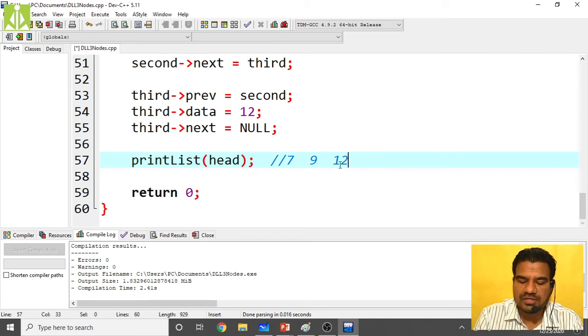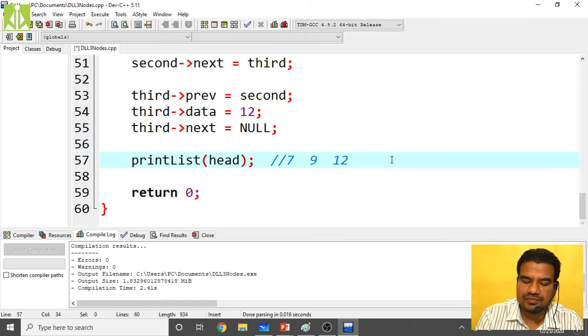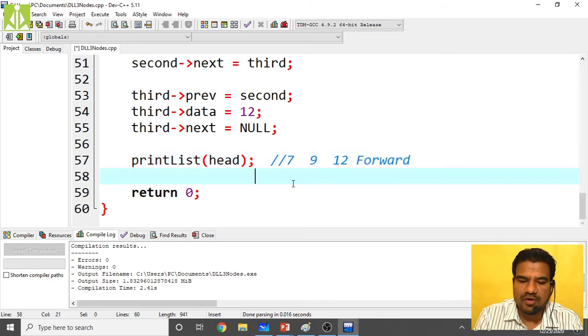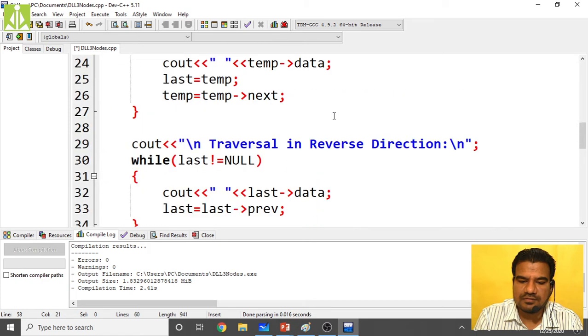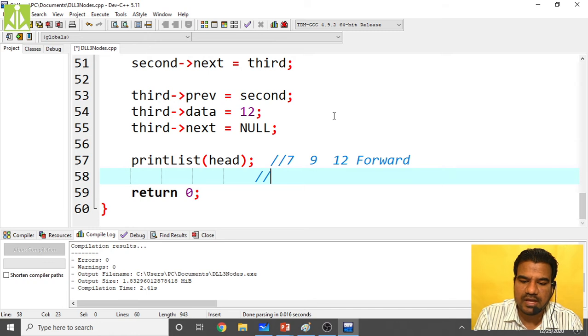If you perform the reverse traversal, you will get 12, then 9, then 7. This is in reverse. I hope we are getting the same thing on the output screen.